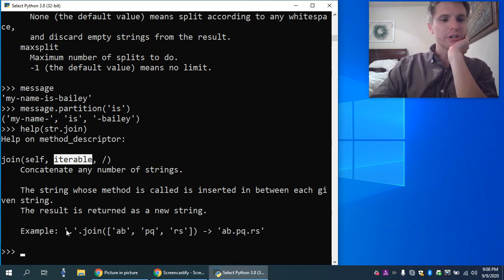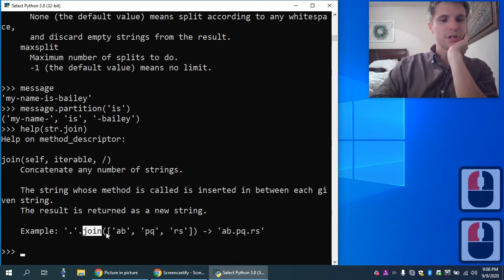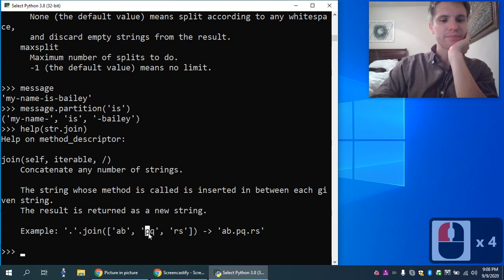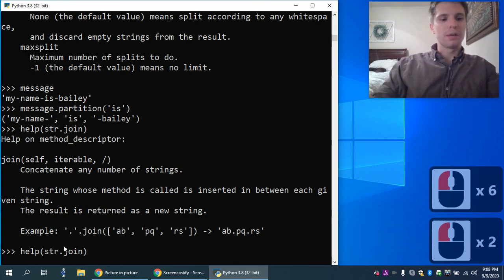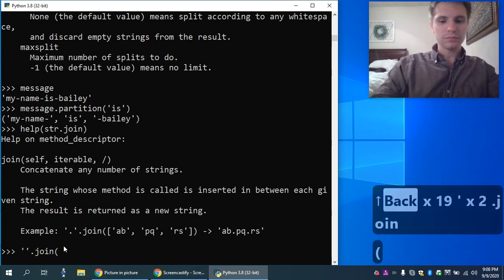So join is kind of weird, but if I said dot here in single quotes, so that's a string with an actual dot inside it, dot join function with parentheses. Inside that function, I have this list of strings. Then what that returns is a string that takes all those items in the list and joins them with that join character. If I put nothing as the join character,